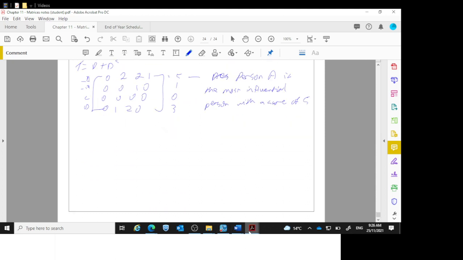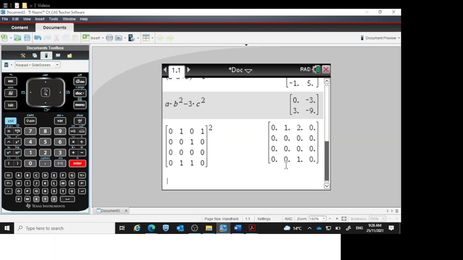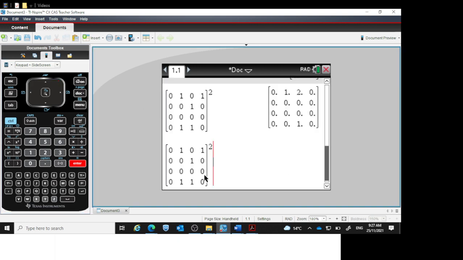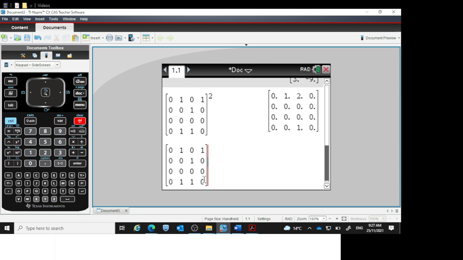Now the quickest way to do that on your calculator, you come back here, keep it at square, there's your B,